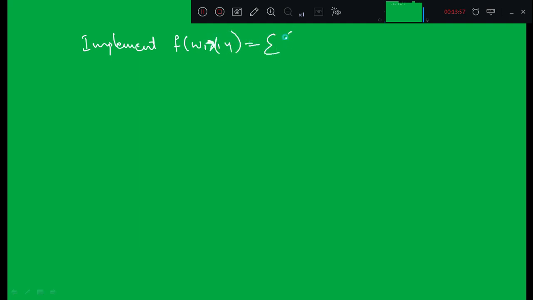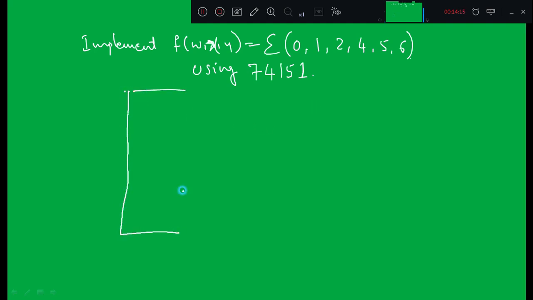Wxy is equal to summation of 0, 1, 2, 4, 5, 6 using, now I'll not say which mux it is, but I'll give the IC number, right? So from this IC number you have to identify which mux I have to use, right? So again draw a symbolic form of multiplexer. First you connect the enable pin, which is active low, that has to be grounded to select this